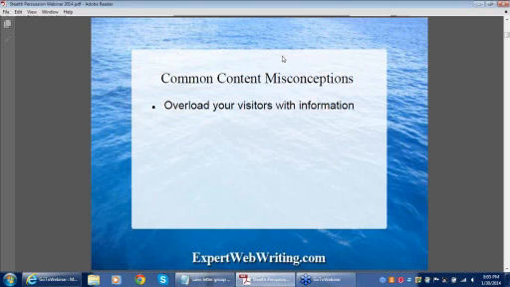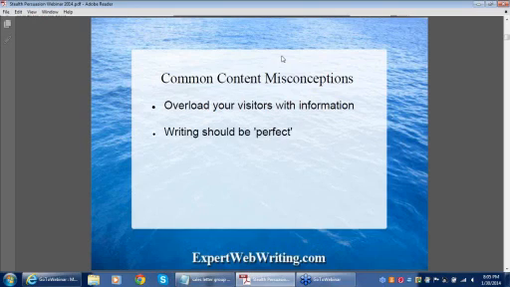Here are some common misconceptions, and I call them misconceptions rather than mistakes because these are things that we just overlook, that are very easy, that almost all of us make whenever we're creating content for websites, regardless of what it is or what industry we're in. And a few common misconceptions that we have. First is to overload our visitors with information. We're smart, we all have these degrees, and we are very capable of talking about our business, so we like to over-explain ourselves a bit much and overload our visitor with too much information that can be detrimental.